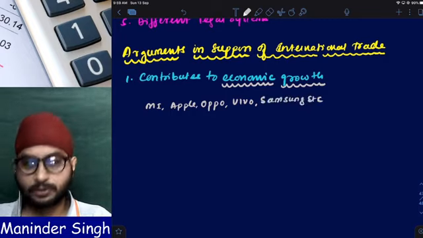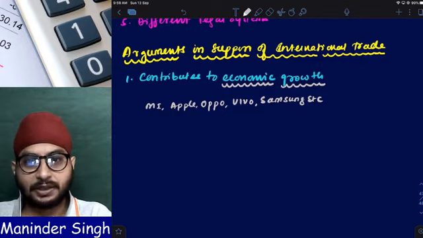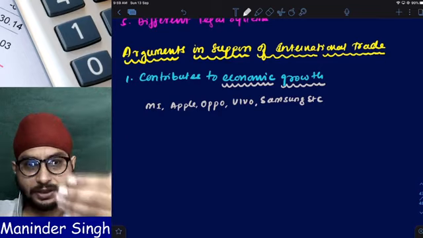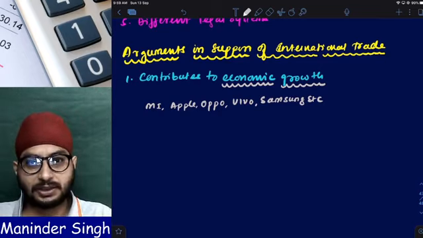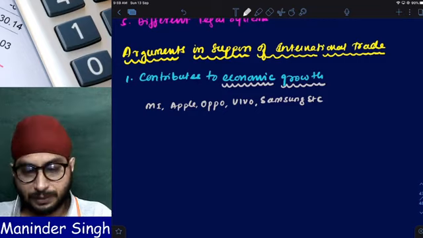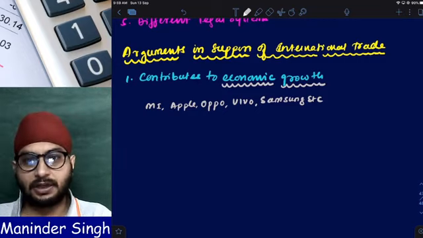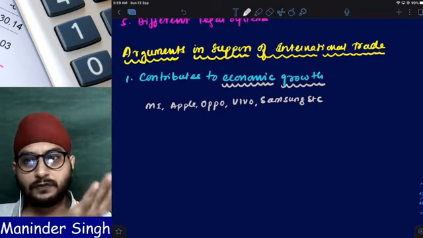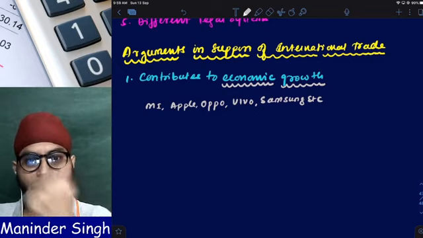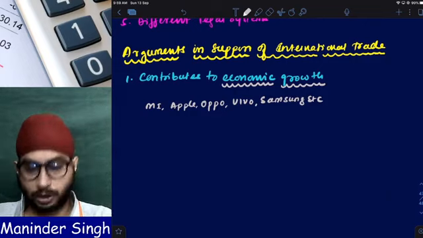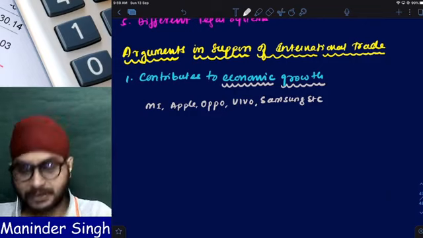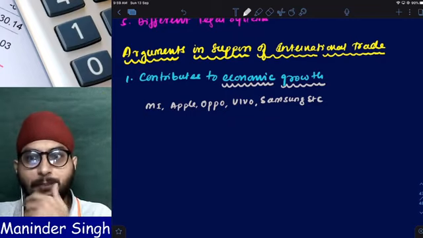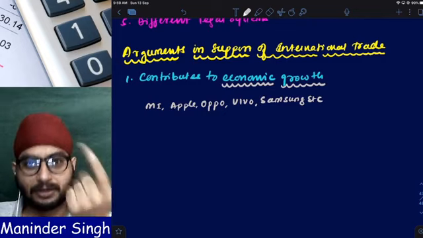etc. Now, as of today, there are multiple countries which are coming to India, manufacturing the goods in India. When international trade happens, other countries are coming to India. They are manufacturing goods in India. From India, not only are they selling in India, they are also exporting from India. Now tell me, will it help our Indian economy grow or not? If international trade is there, foreigners are coming to India, they are manufacturing the goods in India, will it provide employment in India, generating employment in India,